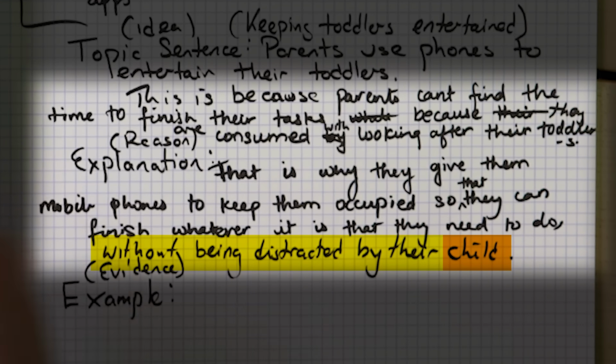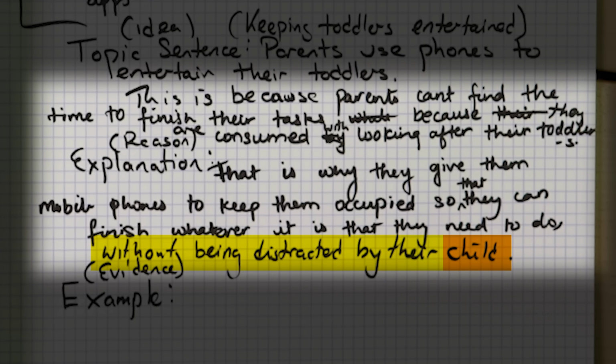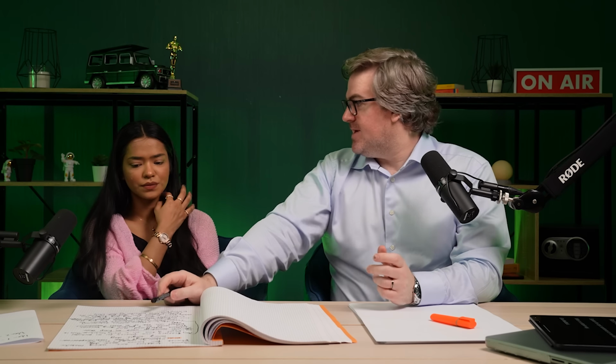So child in this, we've already set the context that we're talking about toddlers. So we can now talk about kids, child, children. This is good. If you explain this to Tom, who's 10 years old, would he understand? Yes, I think he would. Would he have follow-up questions? Or maybe not. I don't think he would.